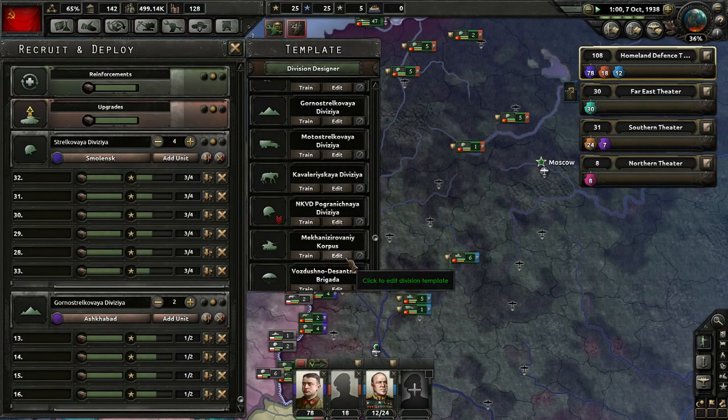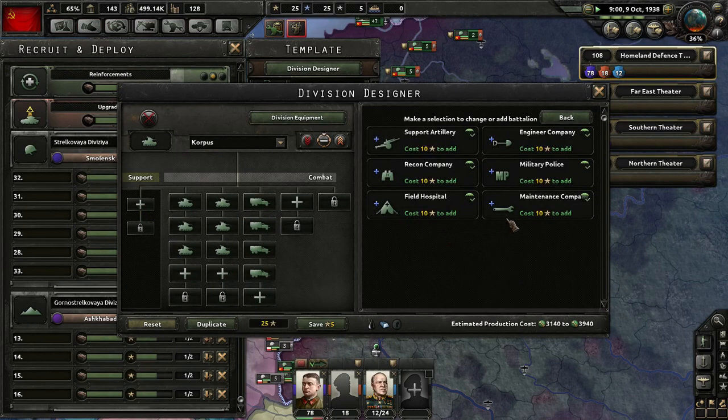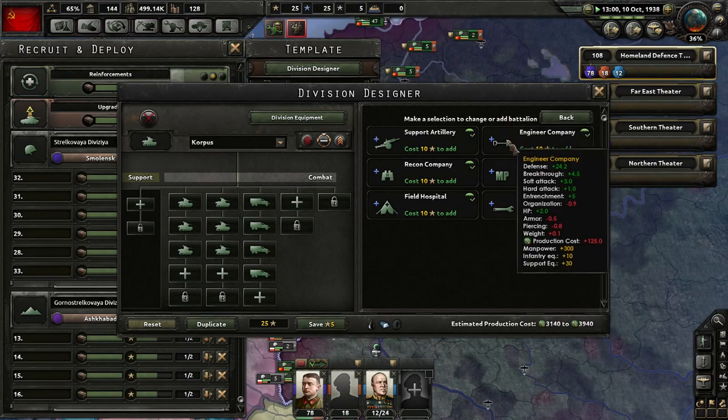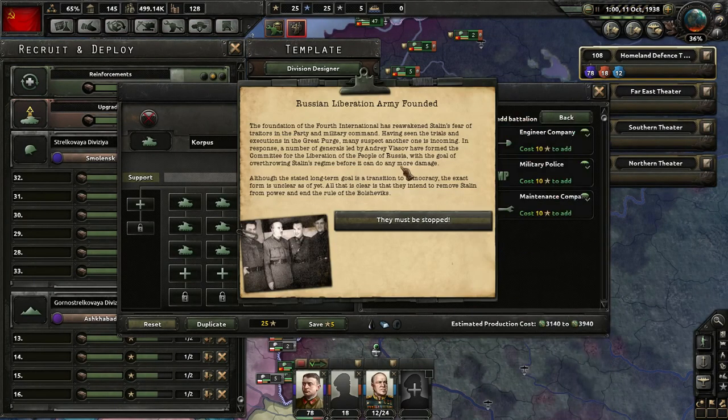But let's have a look. Just to balance it out, I will add another tank. And we can add an engineer company. Oh! Here we have...